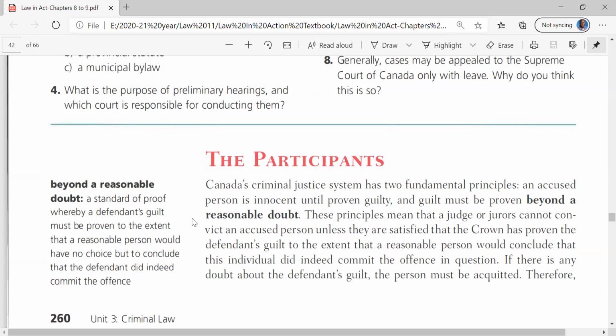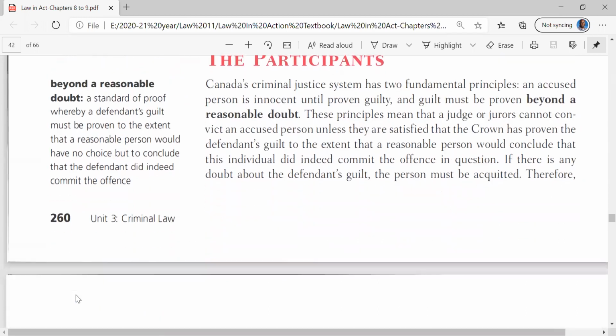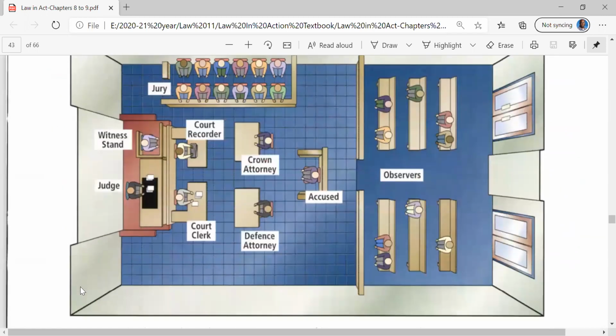You can hire a private investigator. You can hire scientists. You can hire experts to argue your point. But most people cannot, so therefore we move to the system. Okay, so that's pretty much what the court looks like for